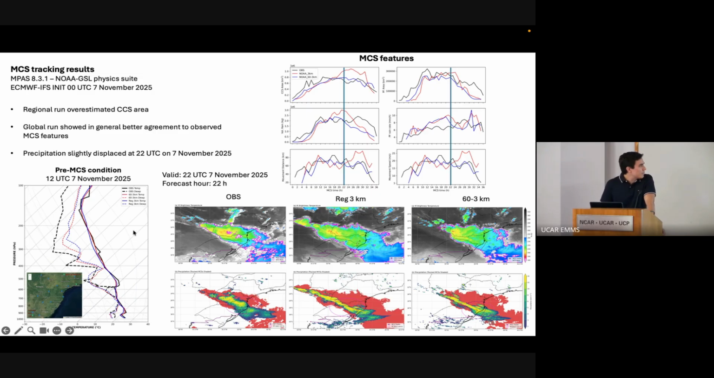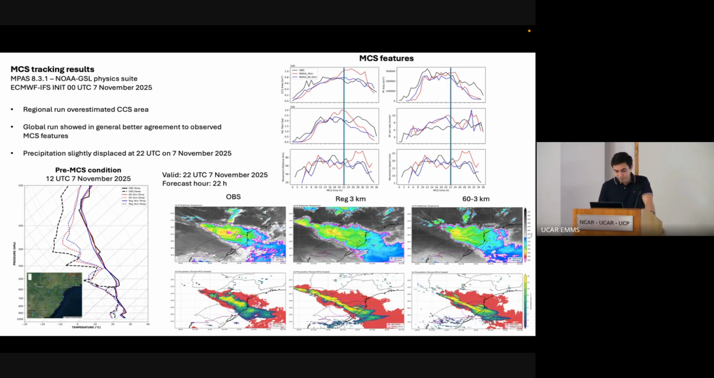And in terms of pre-MCS conditions, I think both runs were able to reproduce the vertical structure of this sounding. This sounding location is exactly here. This is Foz do Iguaçu, a city in Paraná in Brazil. Unfortunately, we don't have a sounding closer to the passage of the system. This should be 18 UTC, but it's 12. But in general, it shows us that the model is doing a good job in terms of the reproduction of